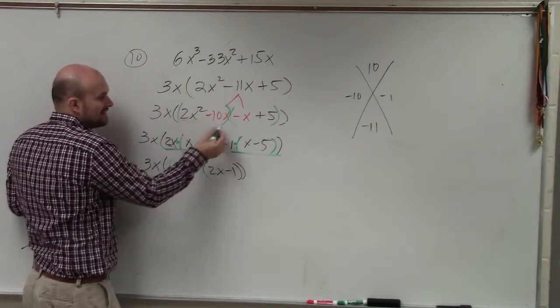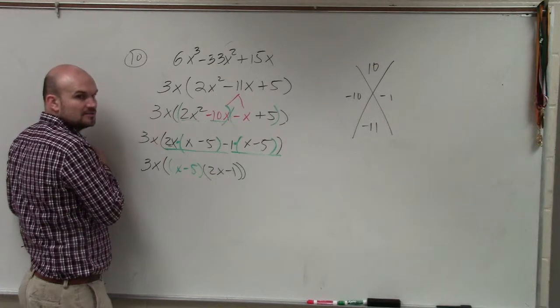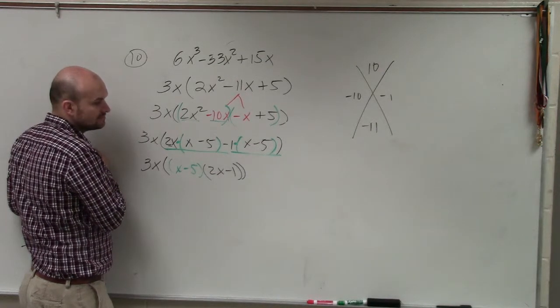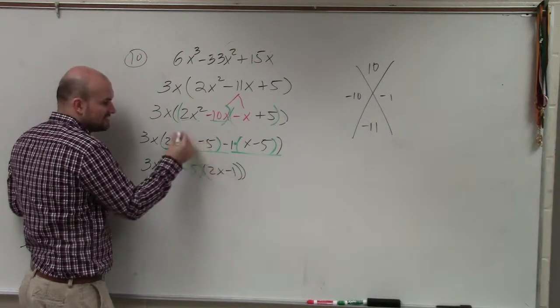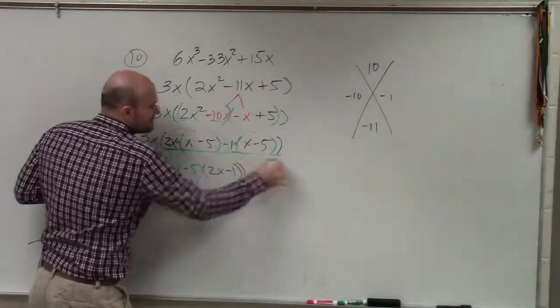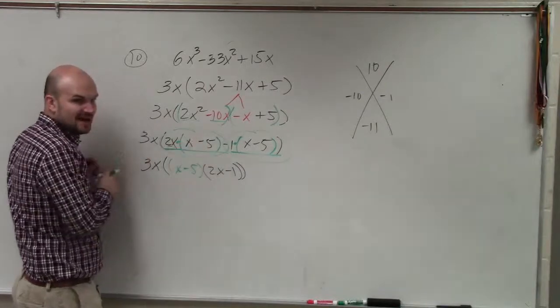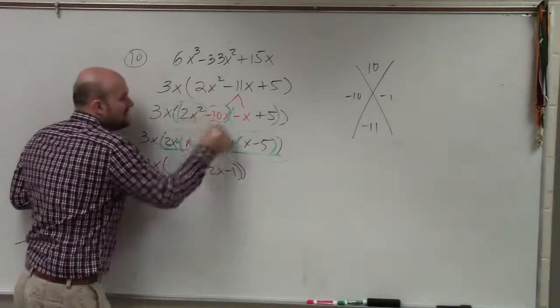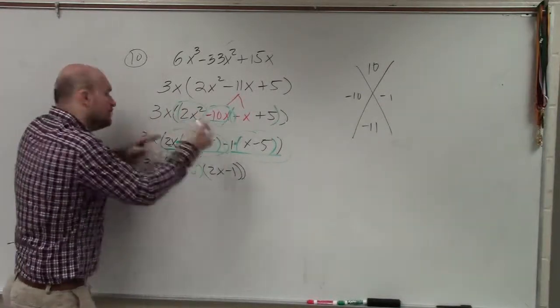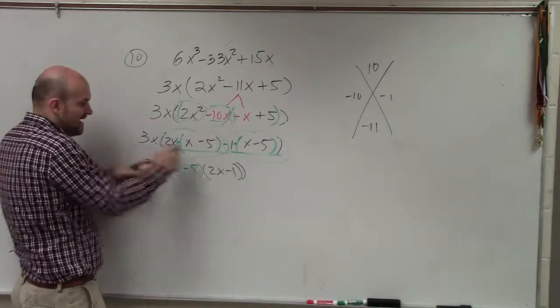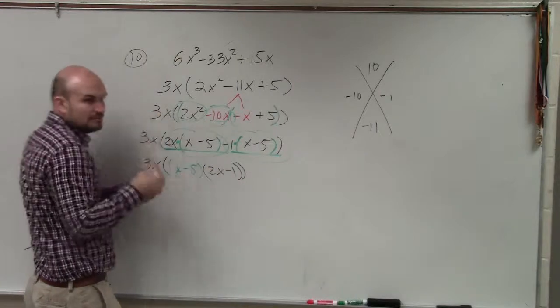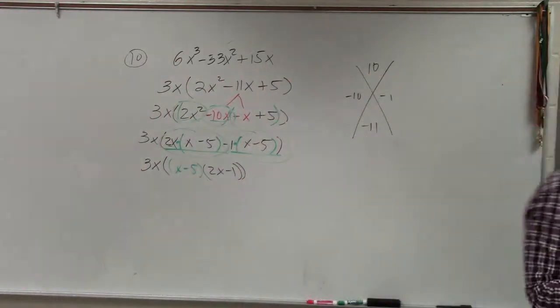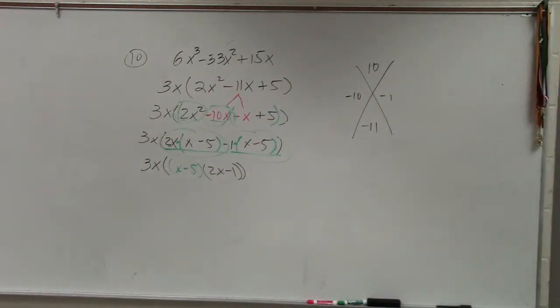I understand how you got there, but how did you turn that into the very last thing? All I did was notice that this expression and this expression both share an x minus 5, just like this and this both share a 2x. So if you take out the x minus 5, you're just left with a 2x and a negative 1. Make sense? Okay. It's different, though, because it's expressions and not